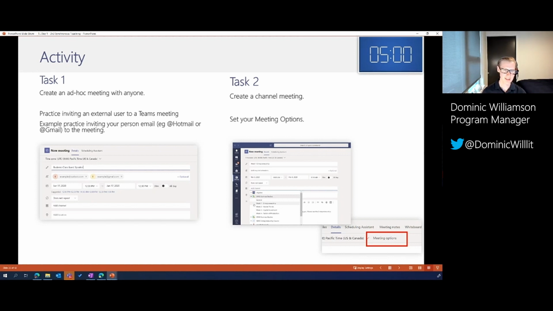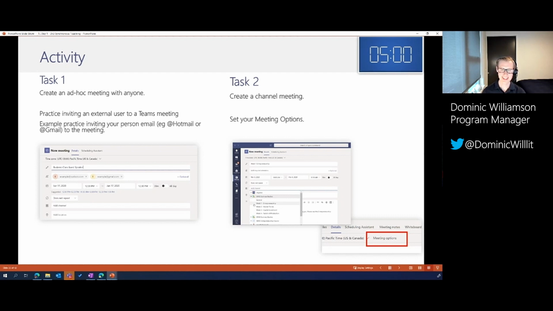This is a one-off meeting, and this is exactly how you can then host an online meeting with anyone, whether it's a parent, a research colleague at another institution, a local business startup that you might want to have your students do a guest presentation from. And so task 1 is to do a Teams ad hoc meeting. So remember, start that from the calendar.